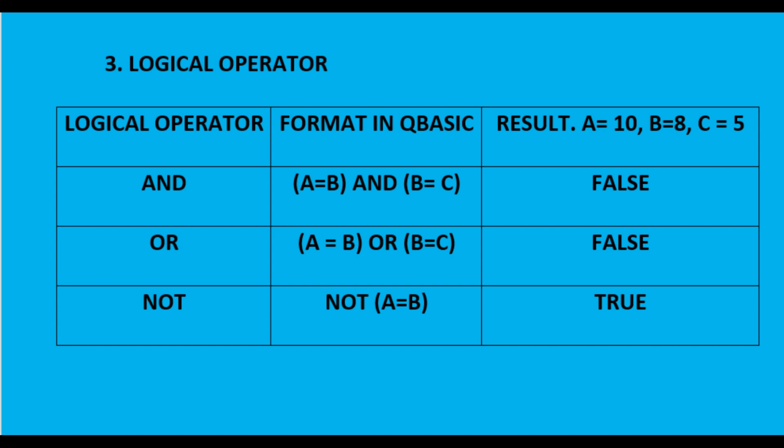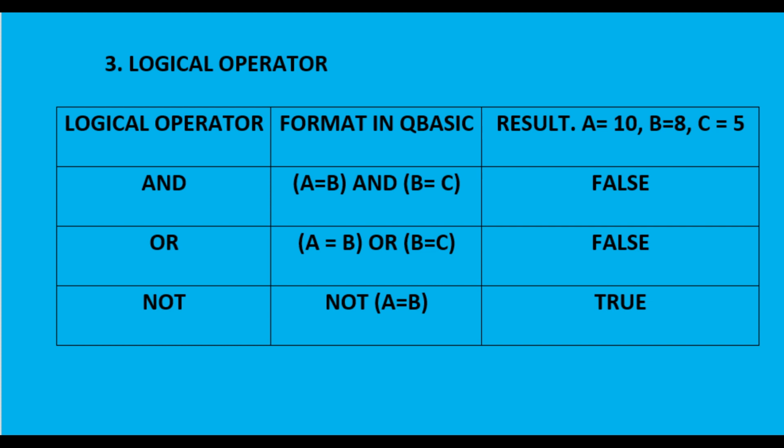Okay. Now coming to the or part. Or means either of the condition should be true. एक कंडीशन ट्रू होनी चाहिए और दूसरी फॉल्स. मीन्स दोनों में से एक कंडीशन ट्रू होनी चाहिए. A इज इक्वल्स टू B? नो, बिकॉज द वैल्यू ऑफ A इज 10 और B की वैल्यू क्या है? 8. तो A इज नॉट इक्वल्स टू B.